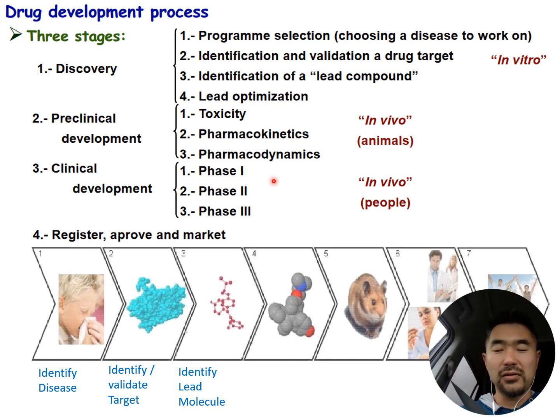And then once you have those macromolecule targets like a protein receptor, something like that, you might be able to identify a lead compound through, I think last week we talked about random screening and stuff like that, right? And then